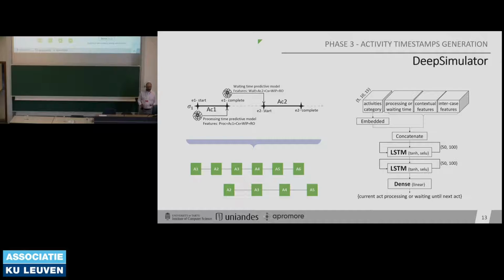And in the last step, we are predicting the processing times and the waiting times using deep learning. These models are able to learn not only the information about the current execution, they are also aware of the execution of all the traces that are executing at the same moment, because they use intercase features, contextual features. So here we are predicting all the times, and we are trying not to reproduce all the detailed elements of human behavior, but the deep learning models are capturing all the complexities that are in the data.